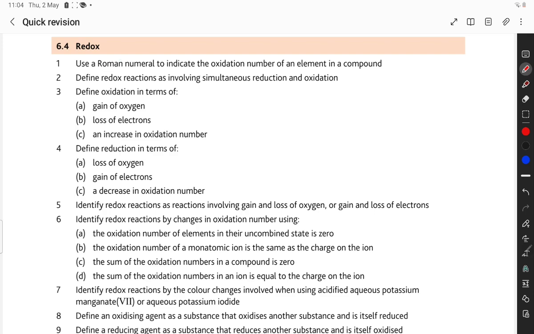The next topic is redox. This is also very important. 2 to 4 marks from this topic are assessed every year, and it will definitely be assessed this year. So use Roman numerals to indicate the oxidation number of an element. You should know all elements and molecules and compounds